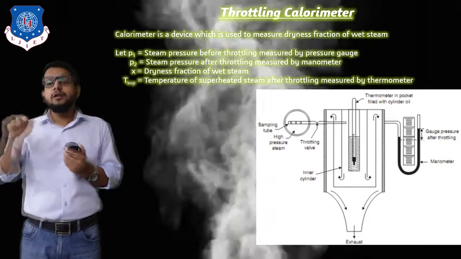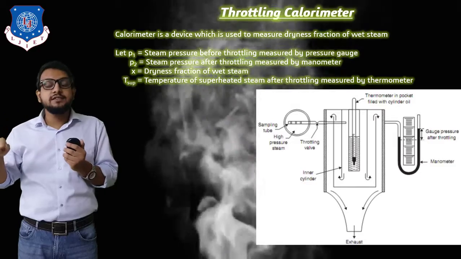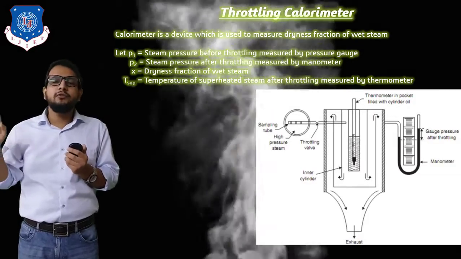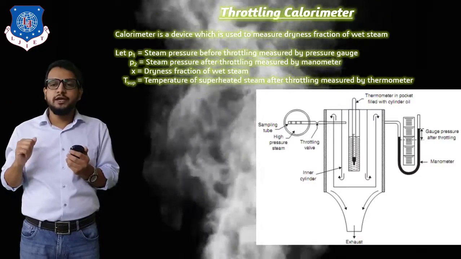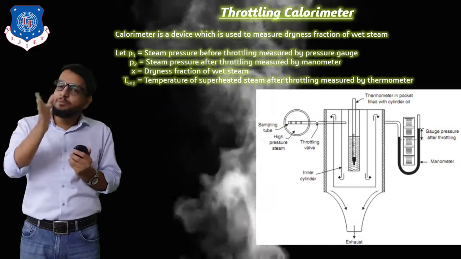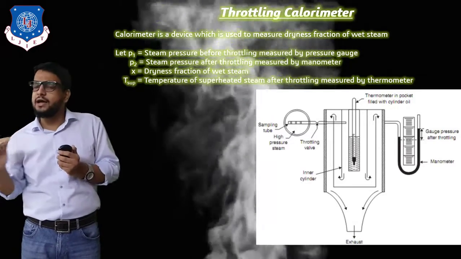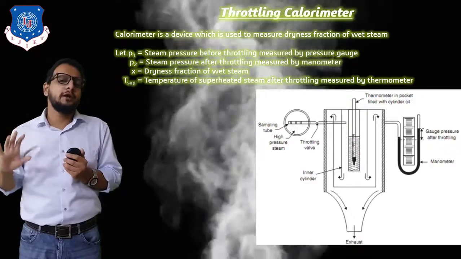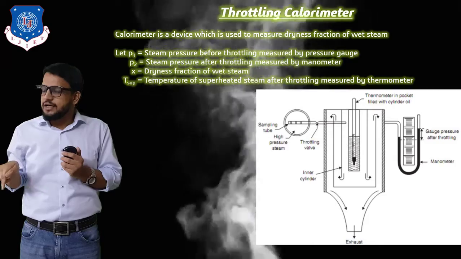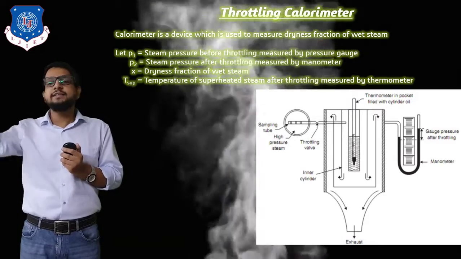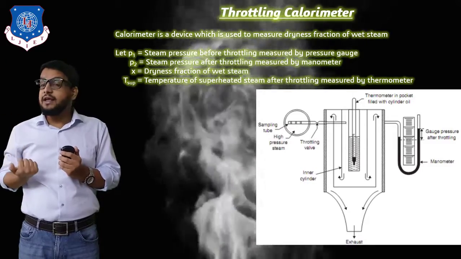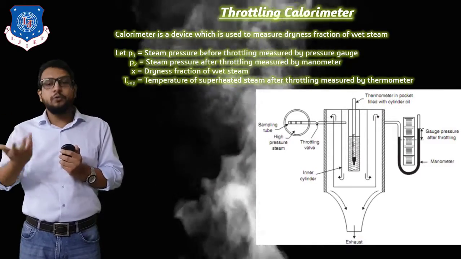Remember that. Now on the right side of the vessel you can see a U-shaped manometer is given, and within that manometer we have filled mercury. So it is basically a mercury column provided. One side of the mercury is exposed to the superheated steam and the other side of the mercury is open to atmosphere. So on one side the pressure of superheated steam will be exerted on the mercury, and from the other side, since it is open to atmosphere, air is going to exert a pressure. We know that air can exert a pressure of how much? We would say 1 bar.